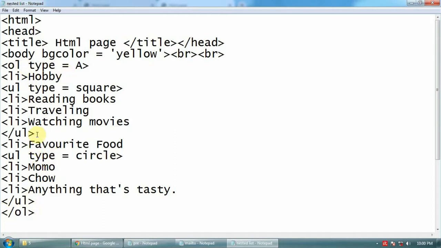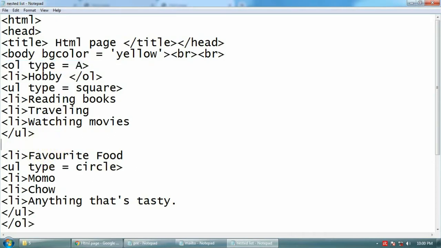Why? If I close OL here or anywhere here, then this favorite food will become again point number A. Let me show you. Suppose OL type equal to A, hobby, I have closed OL here, then again I have started OL type equal to A, favorite food, close OL, save it.